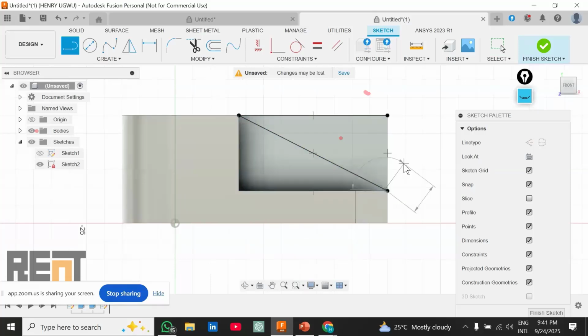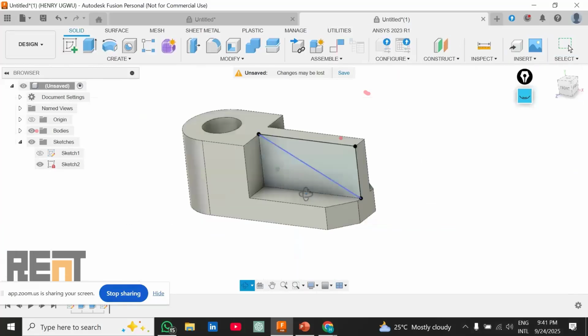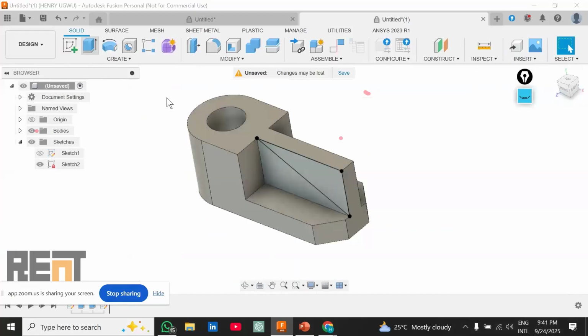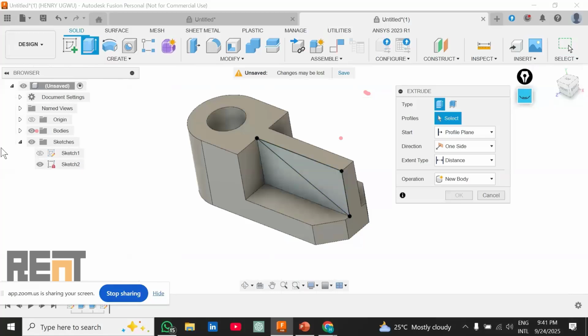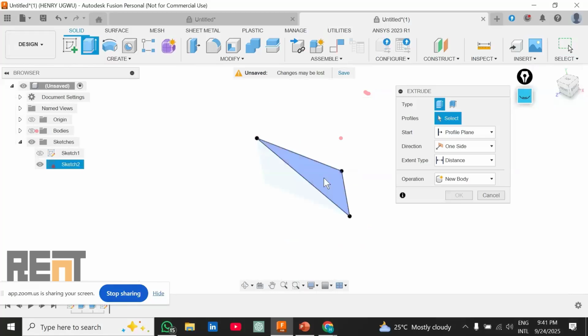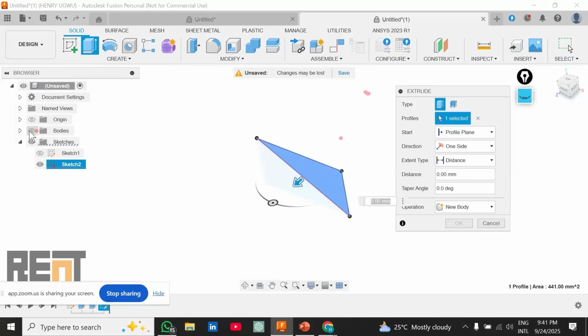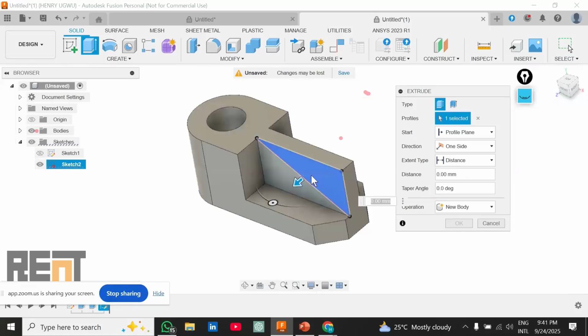Sorry, escape. Make sure you do a closed profile so that you'll be able to select it easily. So if I create extrude now, this is a closed profile, so even if I turn off the body, I can still select this profile. You understand? Okay, so in case you run into that error in the future, just know